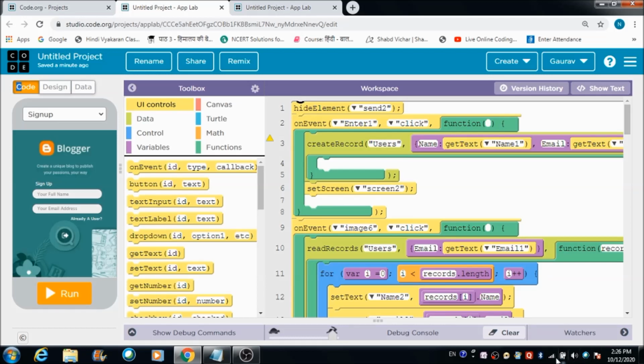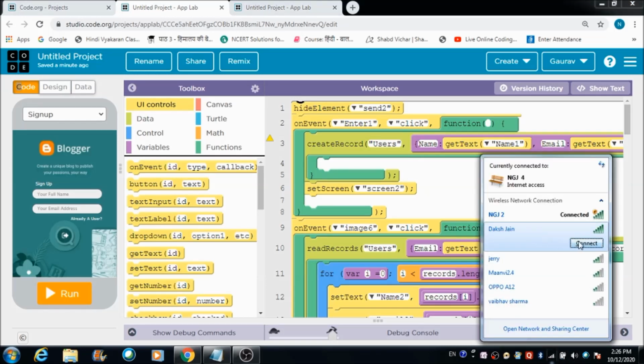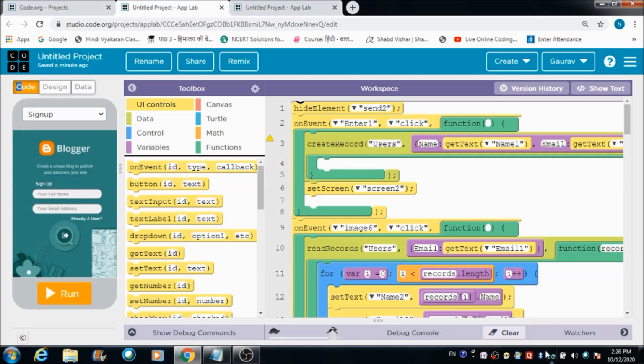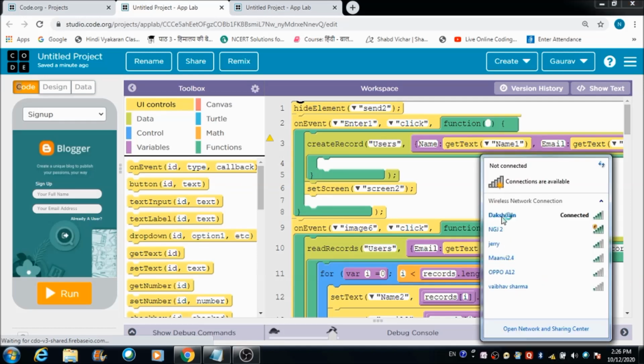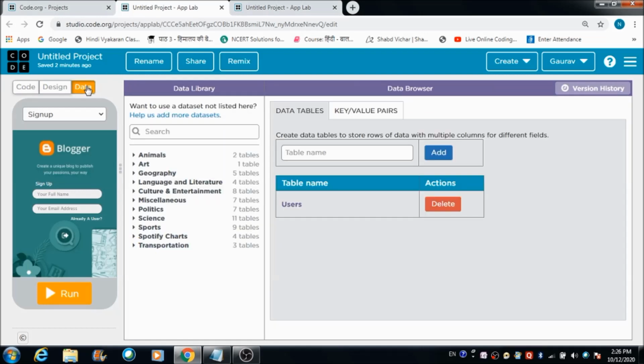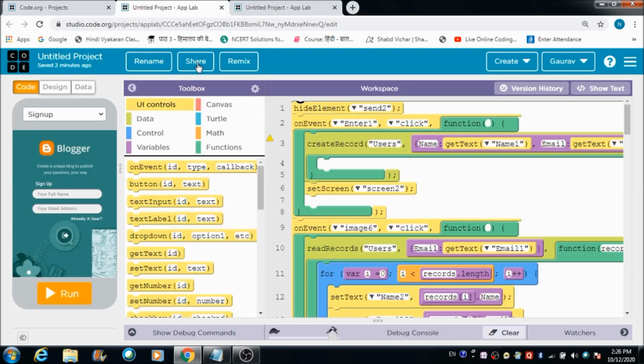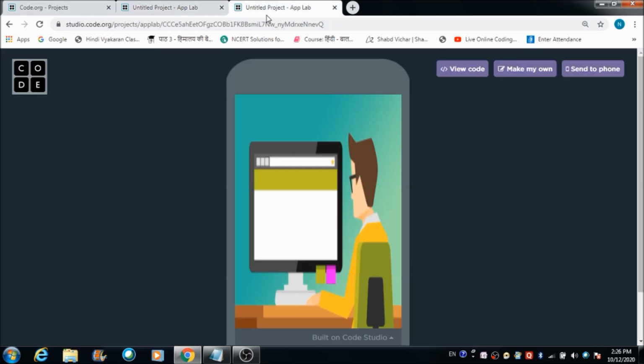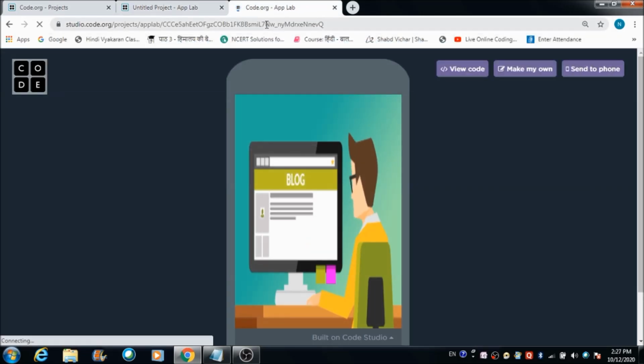Let me try some other network. Maybe because of this slow network, I'm not able to fetch the information. Let me delete this table and refresh this. So I'm going to create another profile now.